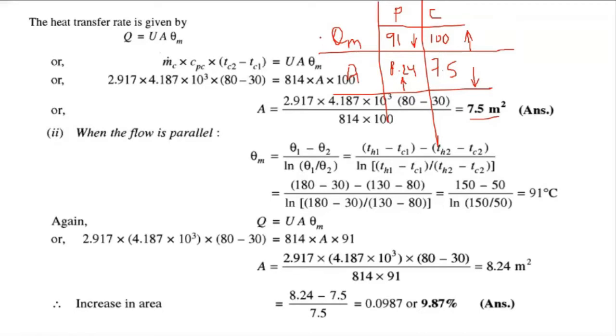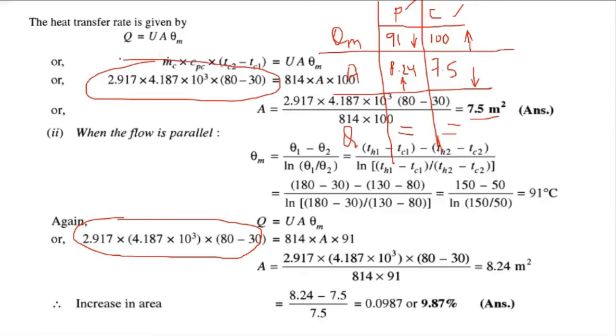And in both the cases, whether you are using parallel flow or counter flow, are we going to get the same rate of heat transfer? If I'm comparing the rate of heat transfer, do we get the same rate of heat transfer? Yes, sir. Okay, so both of them are equal to each other. This rate of heat transfer was MC (TC2 minus TC1). It remains the same for both the cases. Am I right? Yes, sir. So from here we can conclude that for the same rate of heat transfer, the counter flow heat exchanger will require a lower area. Is this part clear? Yes, sir.